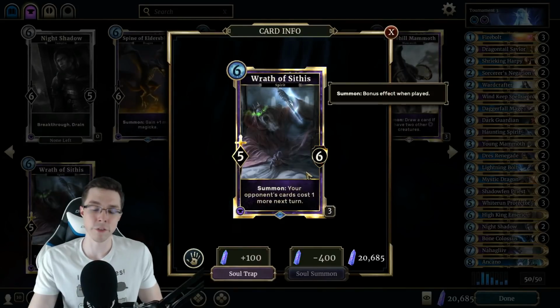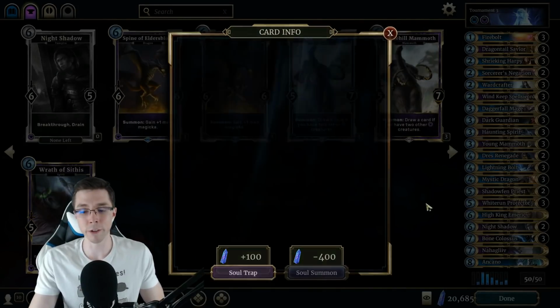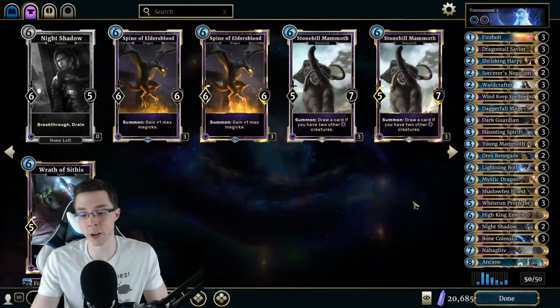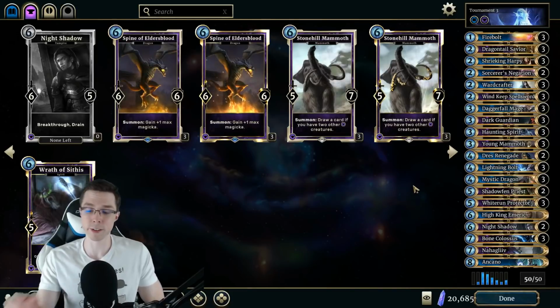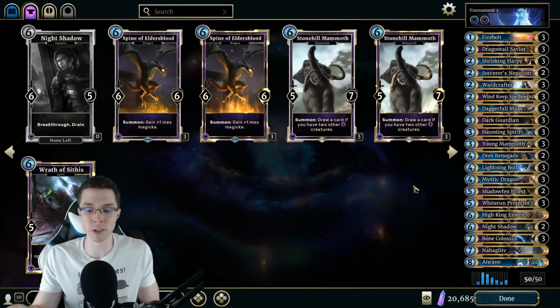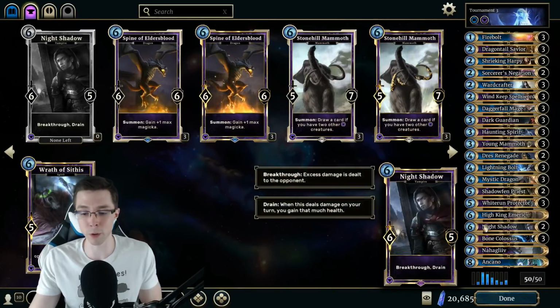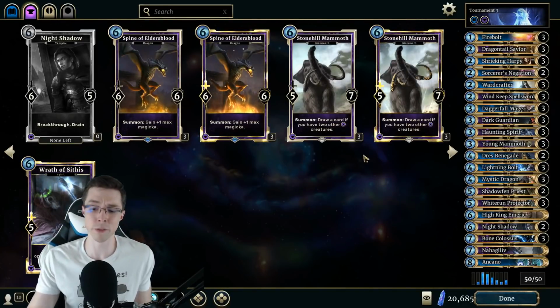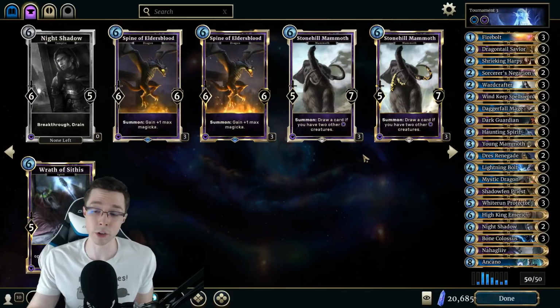Now Wrath of Sithis is a fantastic card to pressure the opponent, but I felt like the drain with Night Shadow, if we could stick this card, have it live for a turn uninterrupted, we could just swing ourselves back into the game with that 6 damage coupled with the 6 drain, or maybe just a little bit of damage we can break through and trade with one of our opponent's cards. It's one of our main ways to get back in the game against aggro, and it did perform pretty well throughout the testing. So in a very aggressive meta, I do think Night Shadow has a lot of merit,